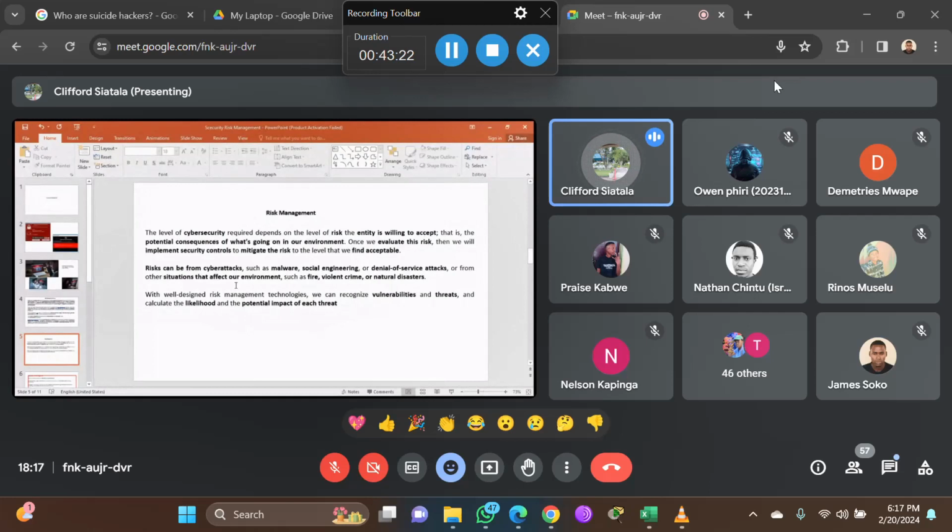Then you even simulate how you can hack them. Then they are like, we are not safe. No, we are not safe. You get the point? No, we are not safe.